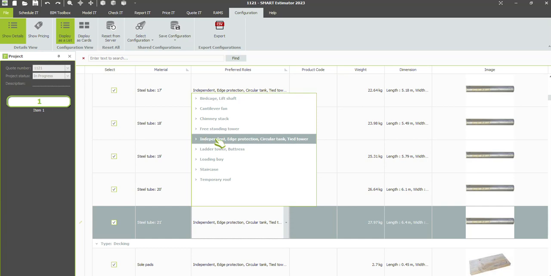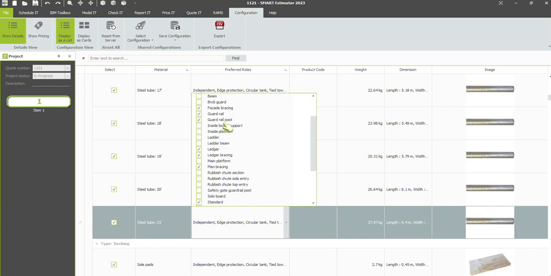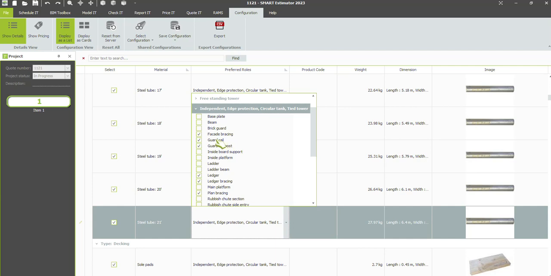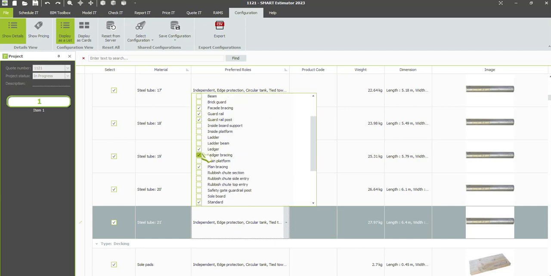And if we click into independent, we'll see a drop down, and you can see that currently the software can only use the 21-foot tube for facade bracing, guardrails, guardrail posts, ledgers, ledger bracing, plan bracing, standards, tie tubes, and so on. If we were to tell the software that it can't use the 21-foot for any of those roles, with the exception of standard,